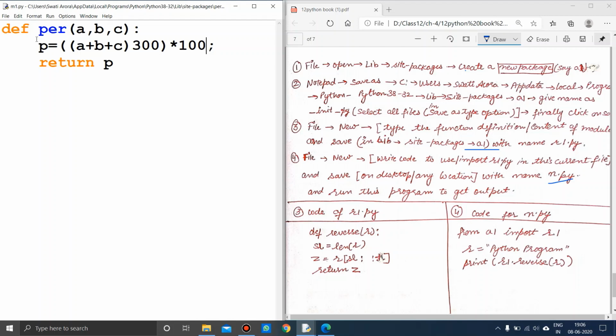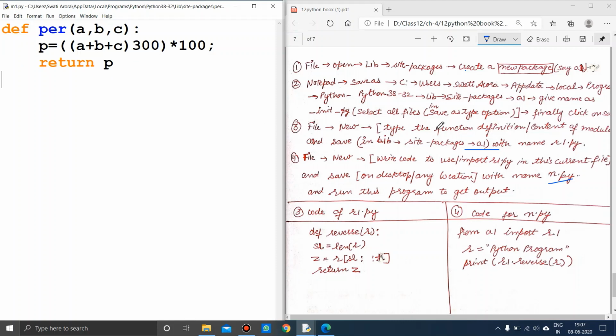Okay, so again you are creating a module. In File, you will be creating a new file, and then you will be writing this code here. It is just the function definition, what this per function has to do when it has been supplied with these arguments. Okay, so once it has been provided the argument values, then it will start doing its function. Okay, so the definition I have written here, and then I will save it.